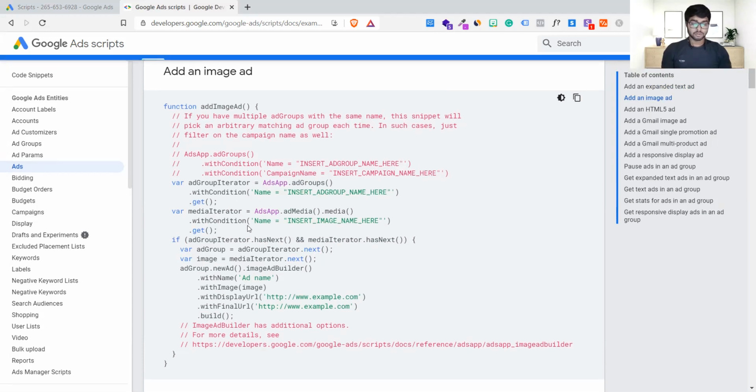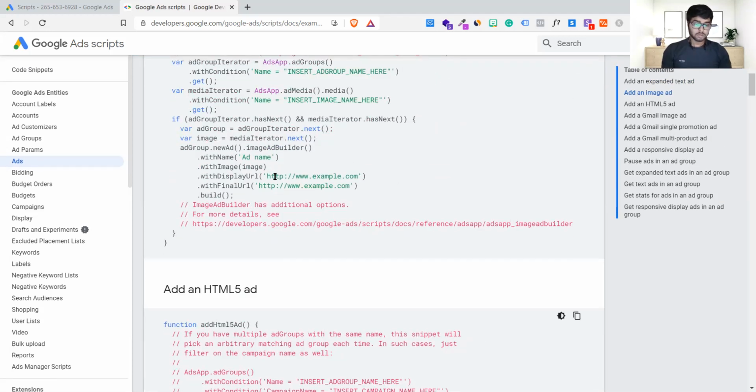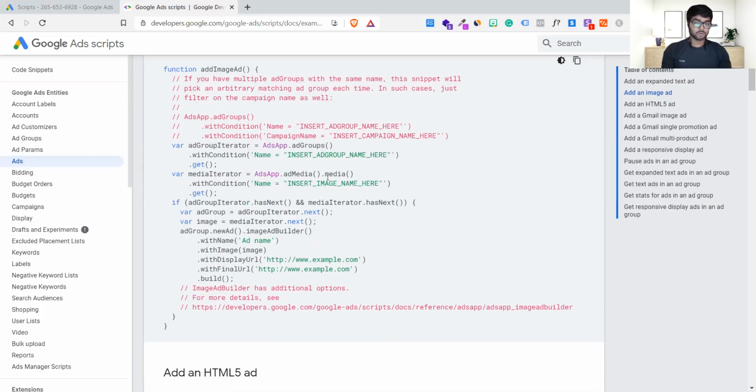All right. So display URL, can you just have a look, guys? This is the URL. If you have some image and you want to add it inside this parameter, how do you do it? I hope you remember how you copy the image URL. Remember, guys, how we copy an image URL? You just simply right click and copy. Two options come up: one is download the image, another one is copy the image URL, correct?